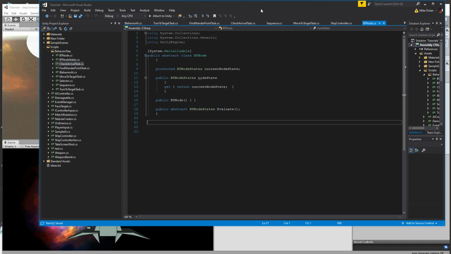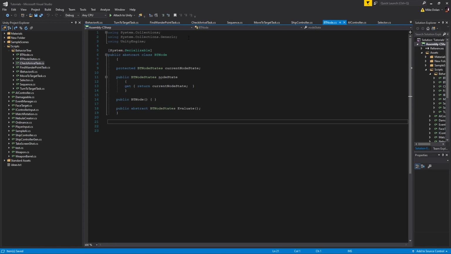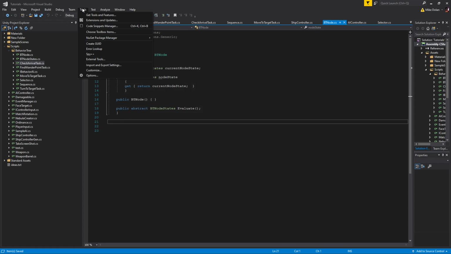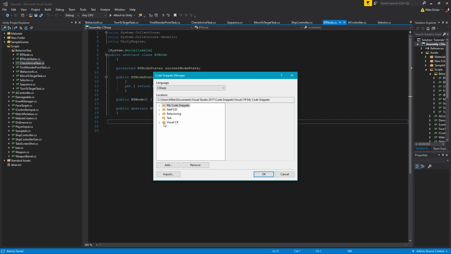We'll just open up our editor. I'm using Visual Studio, and this is the BT node. Just to refresh your memory, this is the base class that we use to create any type of behavior for our behavior tree. And actually, since the last video, I set up a code snippet for myself so that I could build our